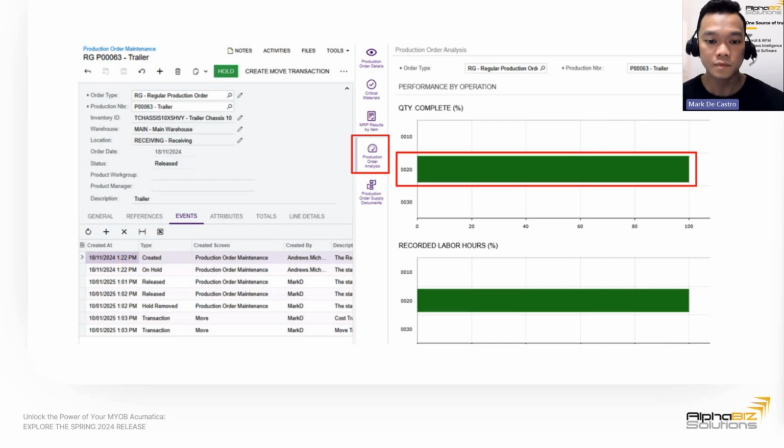As you can see on the screenshot, I was able to report operation number two, highlighted in the red box, but without the need to report operation number one. And down that graph, you can also see that I was able to record my labor hours as well, just for that operation. So it means that if that is ticked, I can report non-sequentially without reporting the first task or the preceding operations.